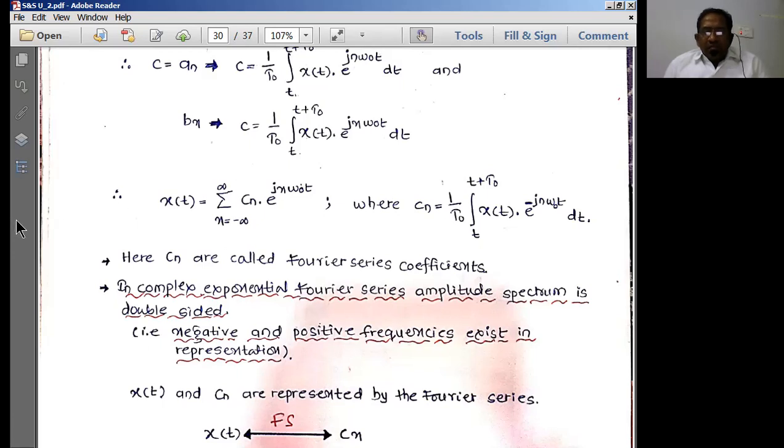Now in the exam, as this is going to be the first time for you, if any question is asked to explain the exponential Fourier series, then you can just go and attempt this particular kind of derivation for the expression that we are going to explain just now. Okay.